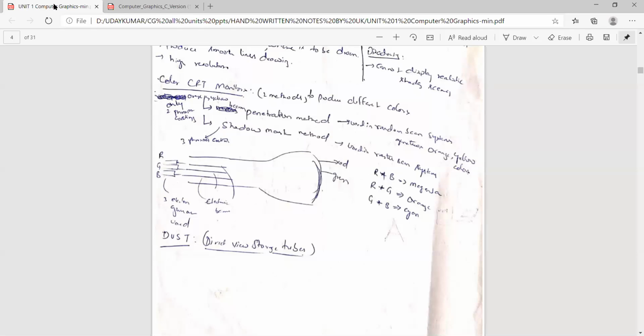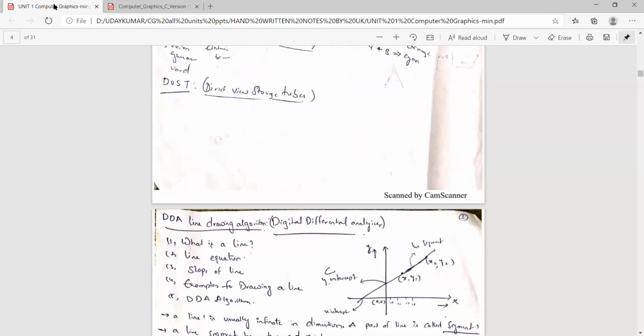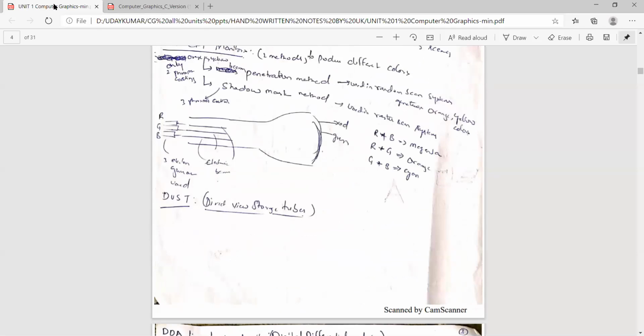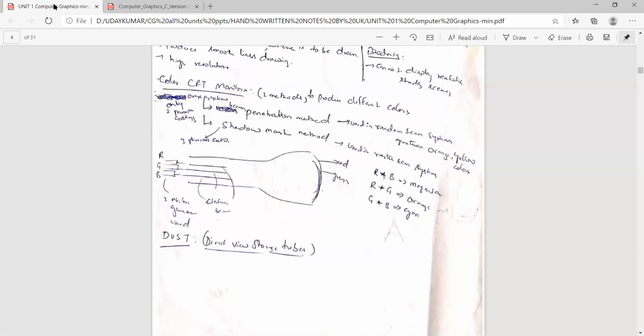These are the different types of color monitors you have seen. Till now we have completed the first part of the first unit. What topics have we covered? Introduction to computer graphics, the definition of computer graphics, and different types of video display devices: CRT, raster scan systems, random scan systems, and different types of monitors. We have seen pictures in the last classes. And different types of input devices like data gloves, digitizers, mouse, joystick, keyboard, and light pen. That's all the different types of input devices.